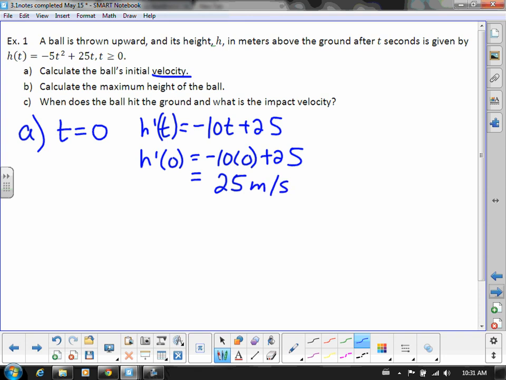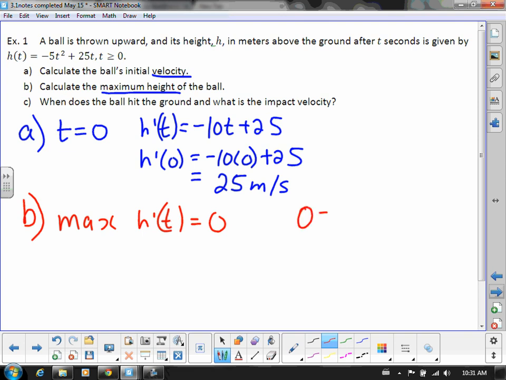Part B, it's saying calculate the maximum height of the ball. So maximum height of the ball. In grade 10 and grade 11, that would be your cue to figure out what the vertex is. We're not going to do that in calculus. In calculus, we know that the maximum or minimum value occurs when the derivative is equal to 0. So we already found what the derivative is. So we have 0 equals negative 10t plus 25. So t is going to equal